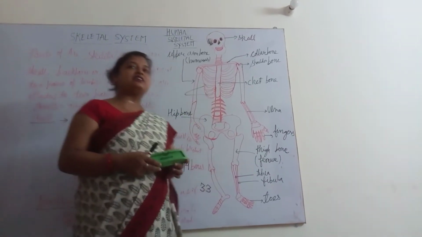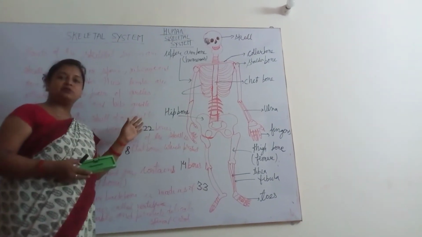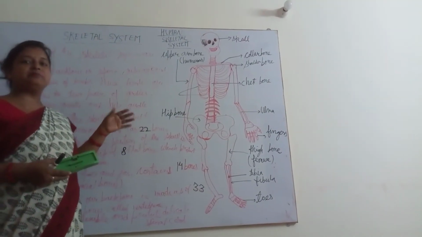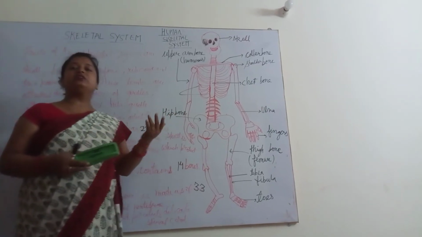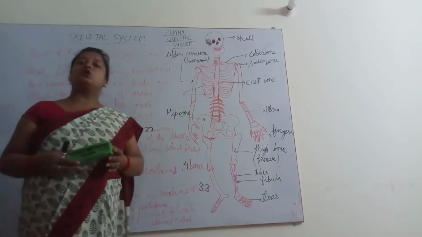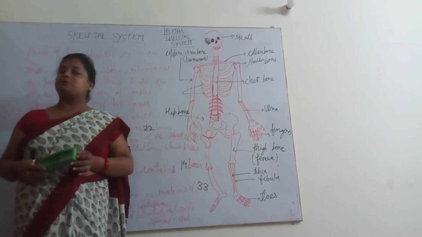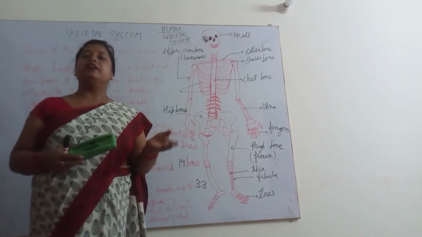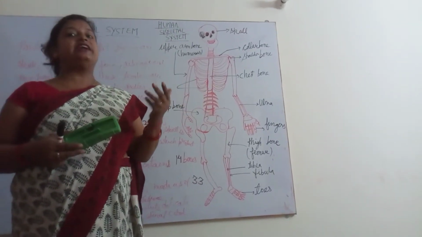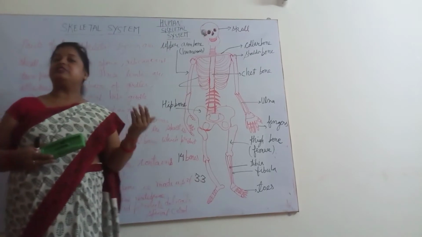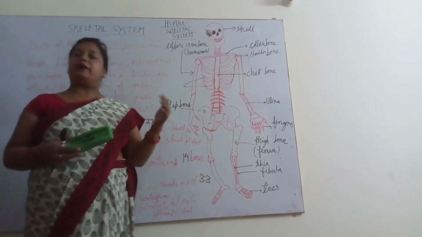In the previous classes, we have already studied different types of blood: RBC, WBC, and blood platelets. RBC contains the red pigment hemoglobin, which carries oxygen-rich blood and supplies it to all parts of the body. Next is WBC. It acts as a soldier and fights against disease and germs. The third one is blood platelets.